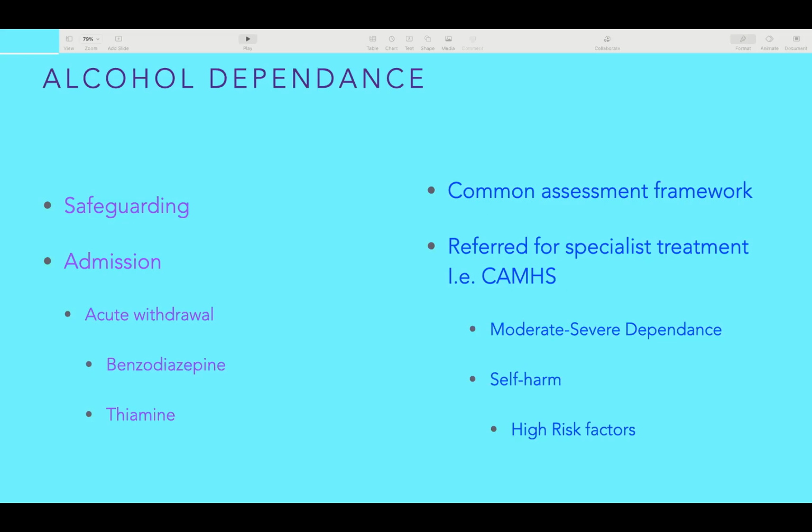I would have a low threshold to admit these patients, and looking at NICE guidelines, the admission criteria would be if they are undergoing acute alcohol withdrawal. The symptoms you would get would be shaking, tremors, delirium tremens, sweating, and anxiety, and the main treatment for alcohol withdrawal is some sort of benzodiazepine and thiamine replacement. And then it's recommended to use a common assessment framework and referral to specialist treatment, i.e. CAMS, if there are signs of moderate to severe dependence using the framework,